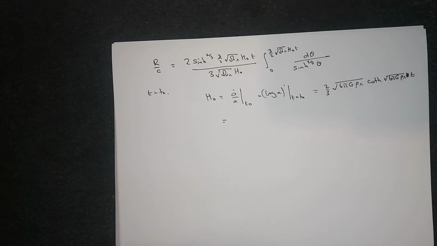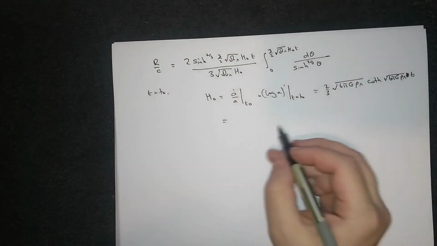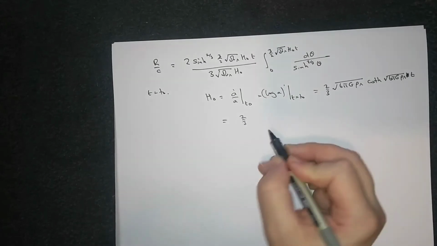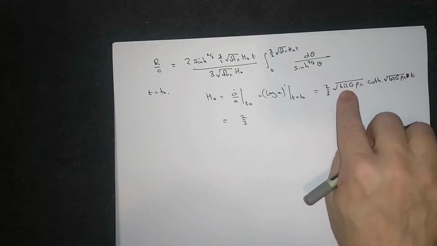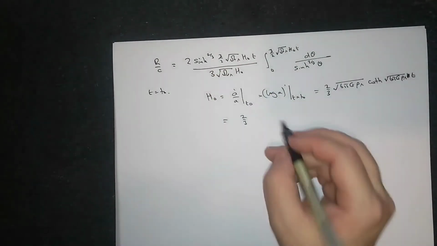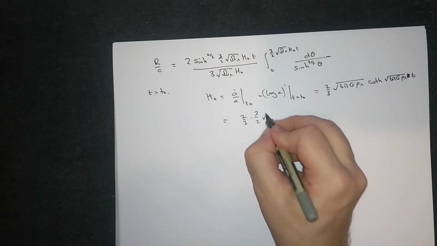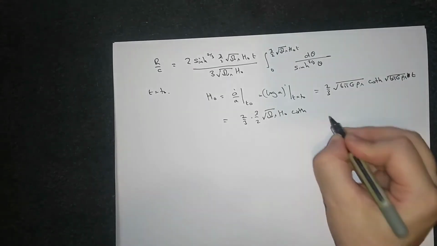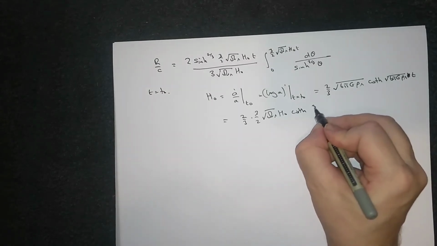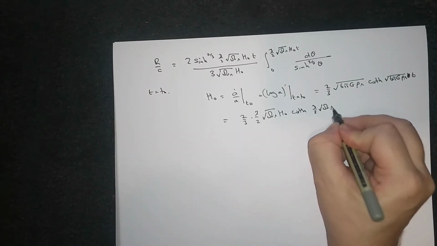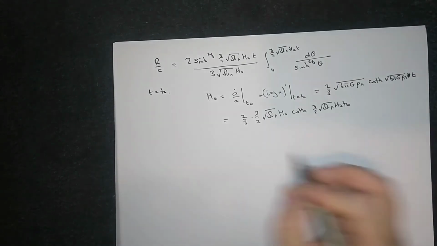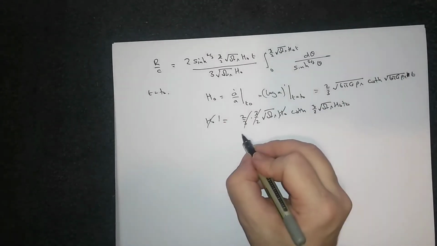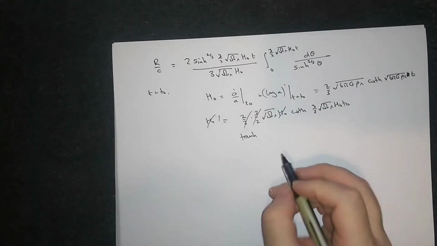Okay. That was the same thing as 2/3. That quantity was just that quantity there, so it's 3 over 2 root omega lambda H naught coth 3 over 2 root omega lambda H naught t naught, and that's equal to H naught. Those cancel. That's 1. So we get tanh